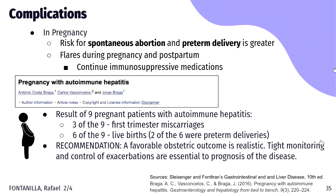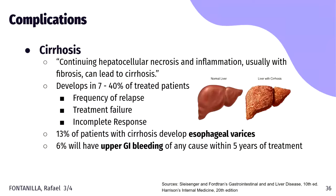Although the results are good, this just involves 9 patients, so you cannot make firm conclusions from this study. Okay, thank you. So, the next complication would be cirrhosis. According to Harrison,